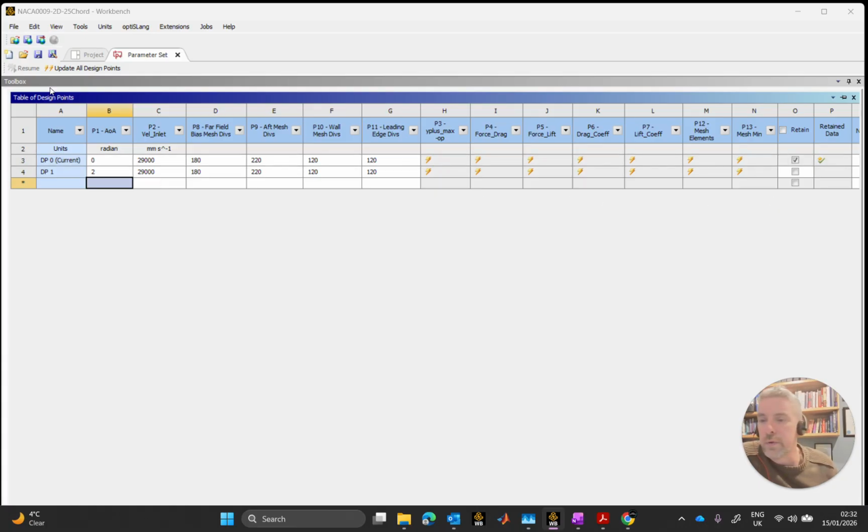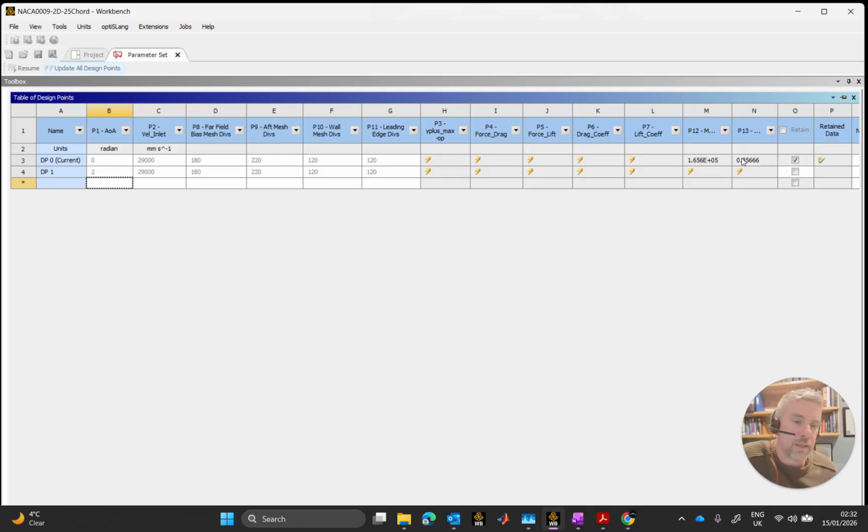So what I'll do now, I'm going to update all design points. This is going to start rocking and rolling. It's going to run the solver, hopefully in a much sooner amount of time, after 300 iterations, running on a good few less cells, and these will start populating up. So straight away here we can see that we're getting values in for the quantity of our cells in our mesh,